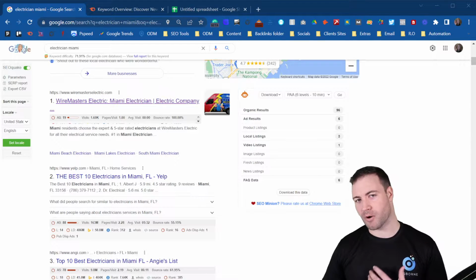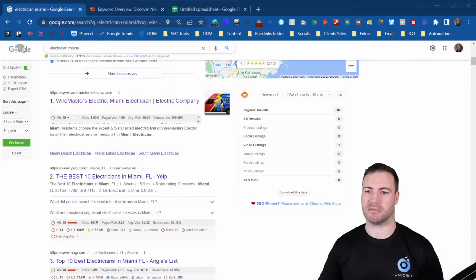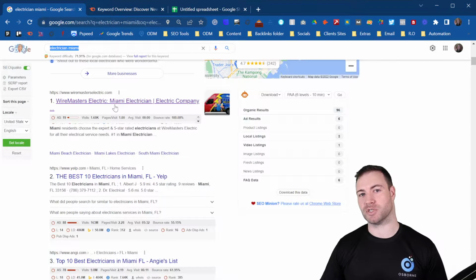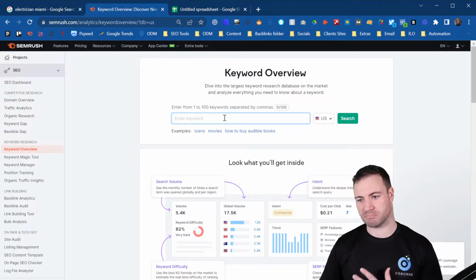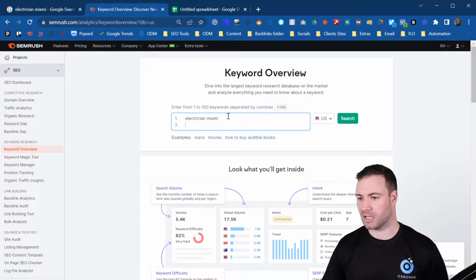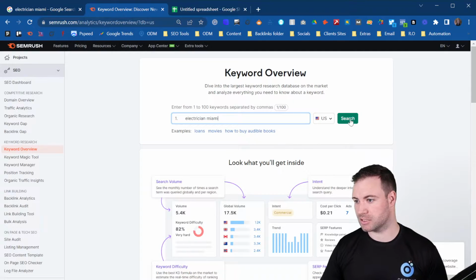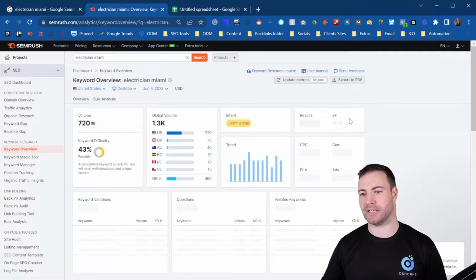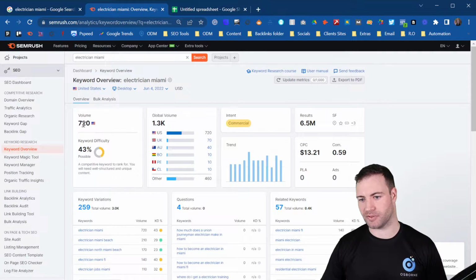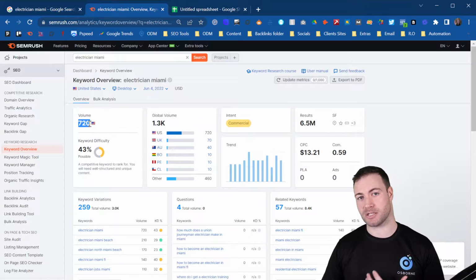So from there, let's say we were to find out how many clicks this individual might be getting from landing in position number one, we can do that very easily by jumping across to Semrush, which is a brilliant SEO tool that we utilize at my agency. And we'll see, this is going to tell us how many individuals search for this. There's 720 searches each month.